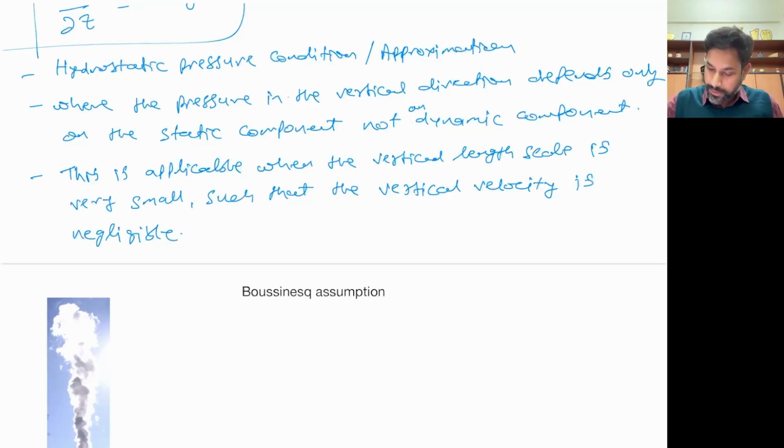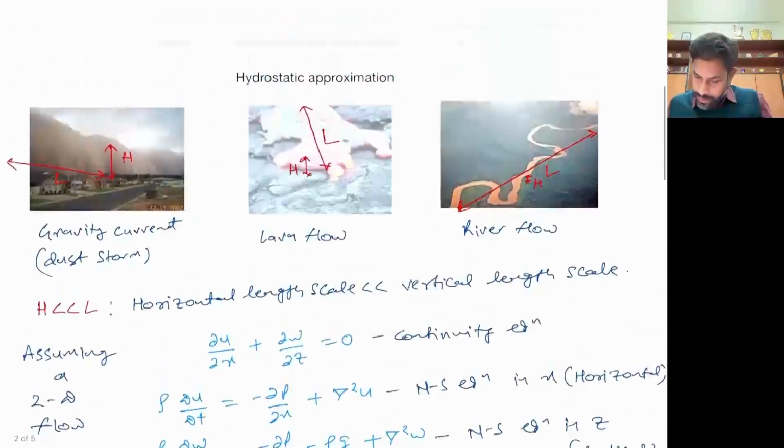Okay, so this is an assumption which is usually made in this kind of flows, what we have seen